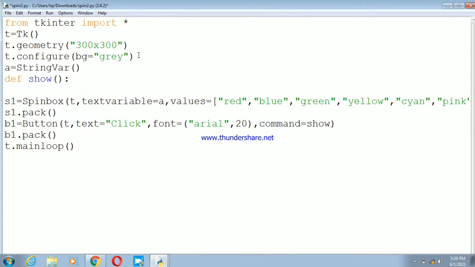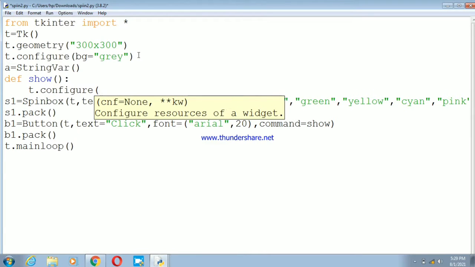In this function show, like if the value given in the Spinbox widget is green, the background color of the Tkinter window will be set to green. So bg equal to a.get. A is the text variable of the Spinbox, so whatever value we get using the get method on that variable a, that value will be set as the background color of the Tkinter window.